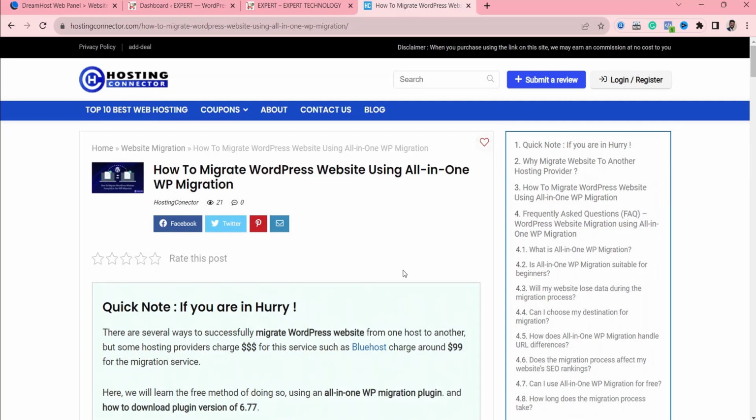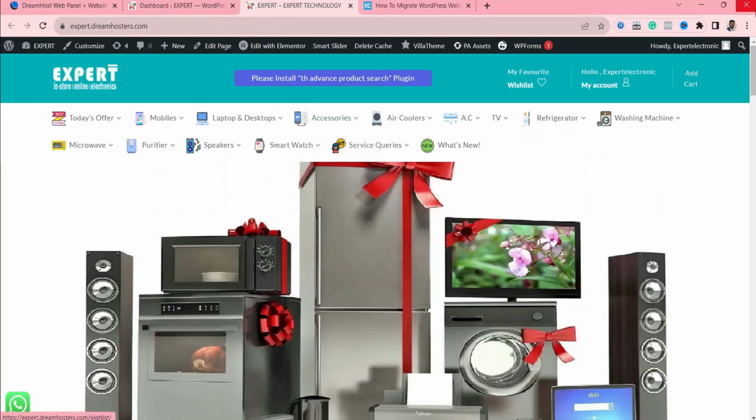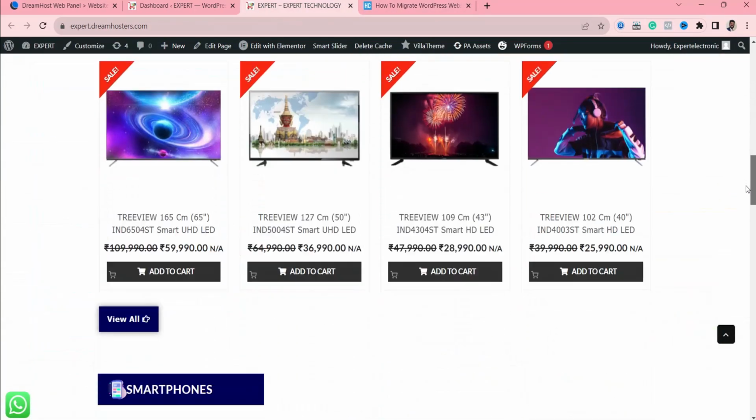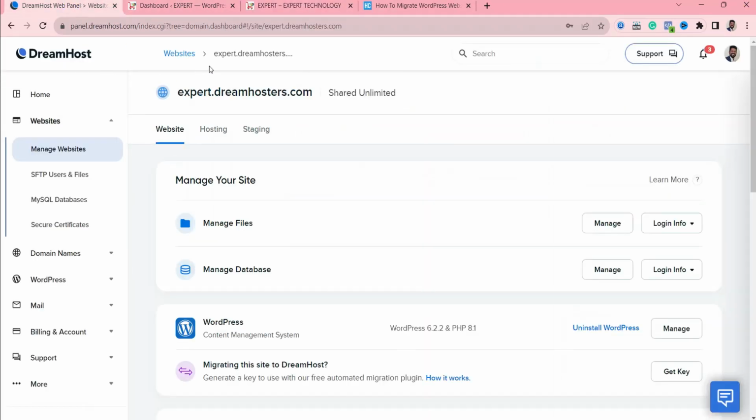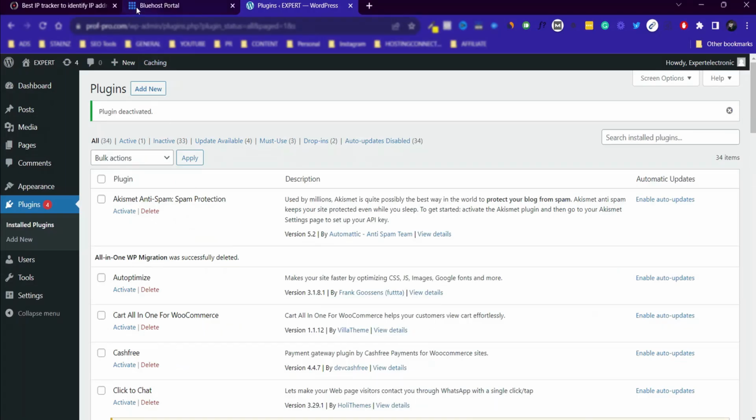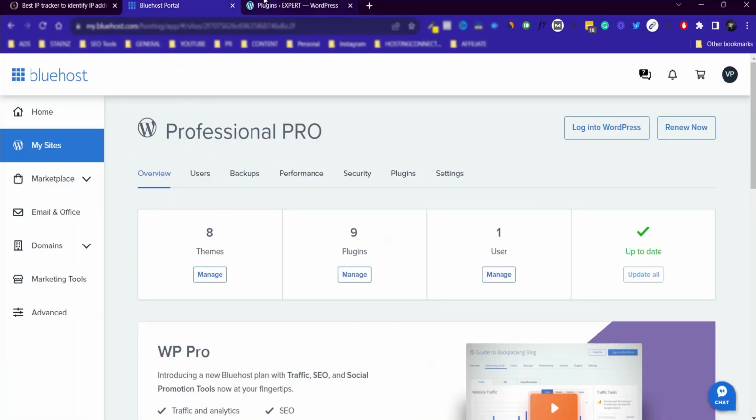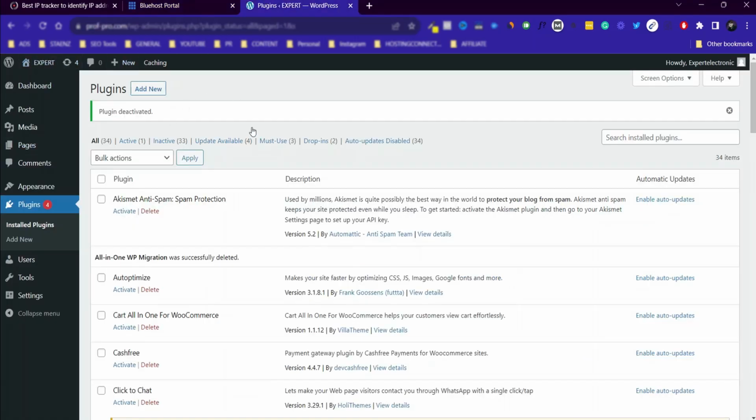Once you have this migration plugin, you can migrate an unlimited number of websites, of any size, from your current host to another hosting company. So here we will migrate this website. This is an e-commerce website, and currently you can see it is on DreamHost, and we will migrate it to Bluehost. So you can see here this is the Bluehost dashboard, and this is the website dashboard where we will migrate this